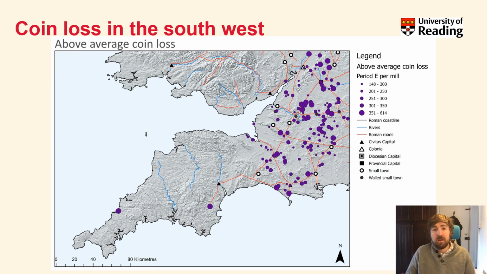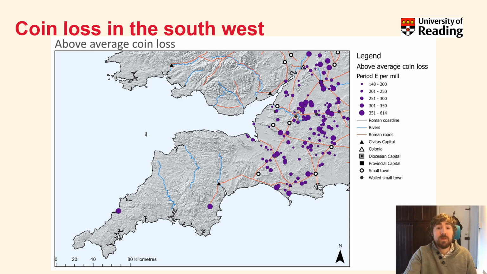One of the elements that I am intending to look at as part of my PhD is considering sites or parishes that have above or below average coin loss in the late Roman period. The way that's been defined is by evaluating the mean produced by Philippa Walton excluding Richborough, because Richborough has such a large influence on the late Roman period when you add it to any Reese period graph. And then mapping sites that have coin loss per mil that's above the figure of the national average, which is 148.